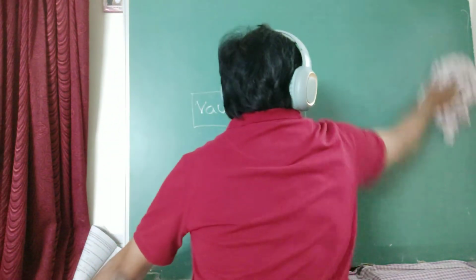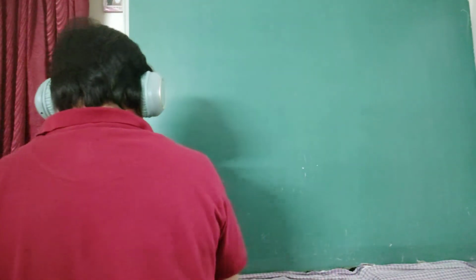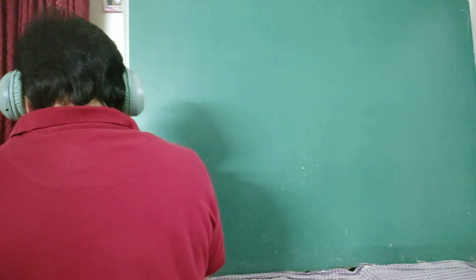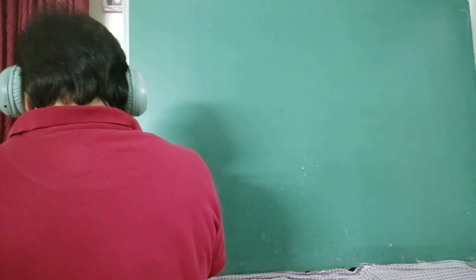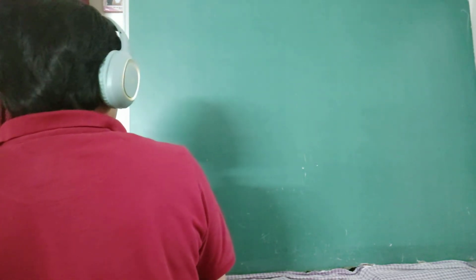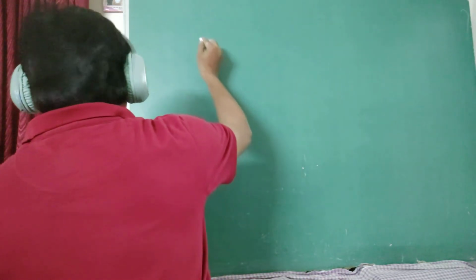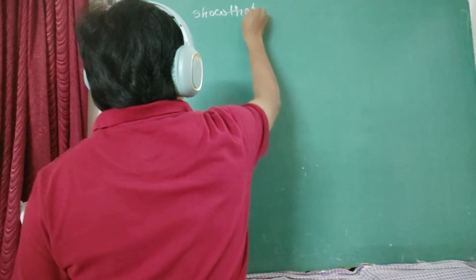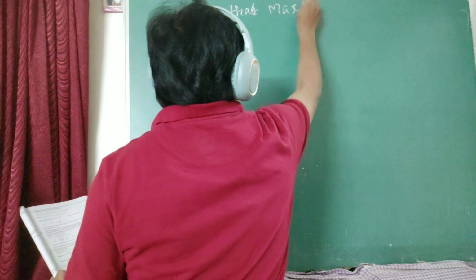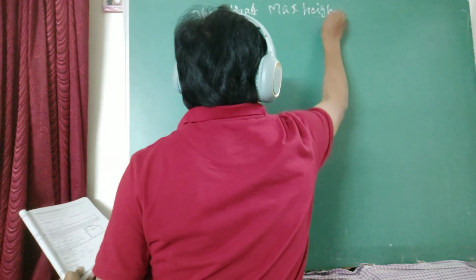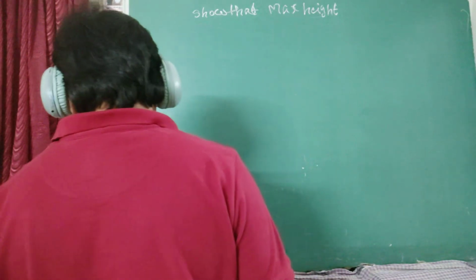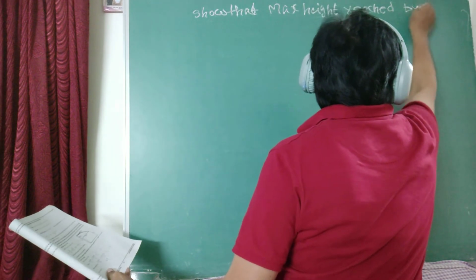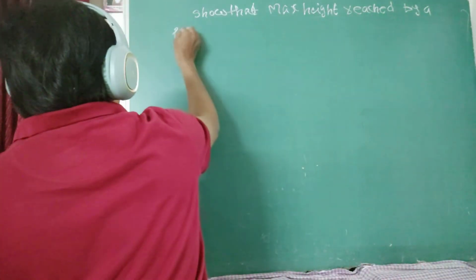I'll go to another question, because all are mathematical proofs. We should do it one by one, slowly and easily, to get the results clearly and obtain the values very correctly. Next, another SAQ question: show that the maximum height reached by a projectile